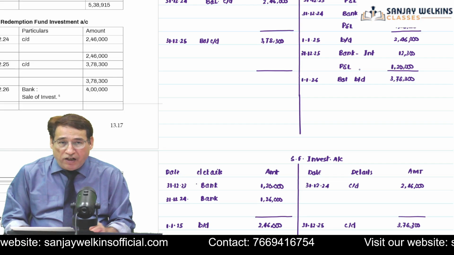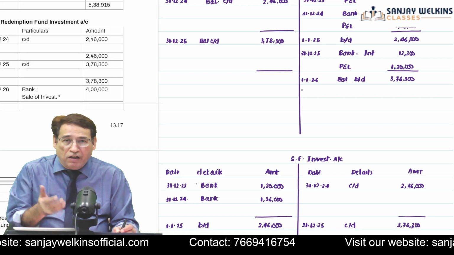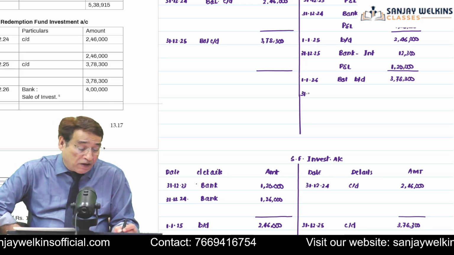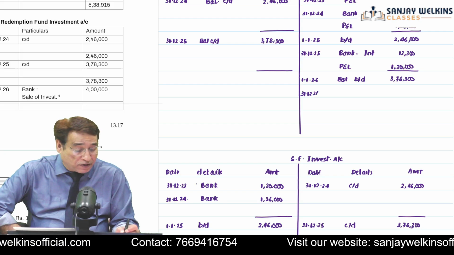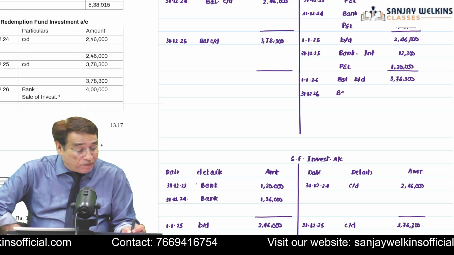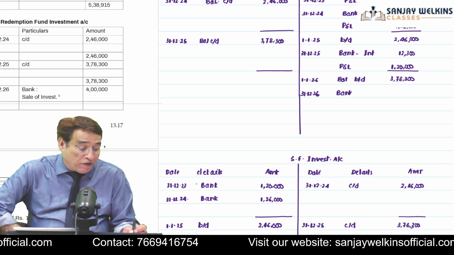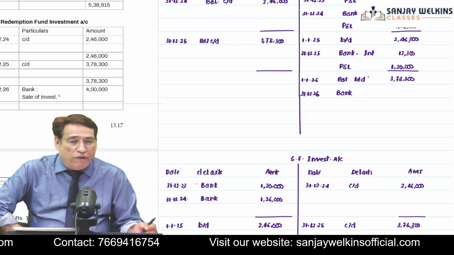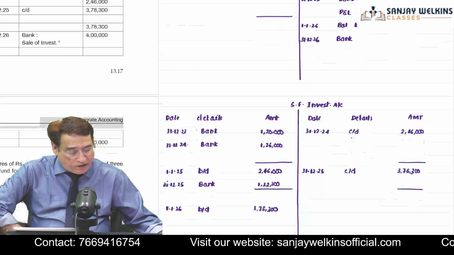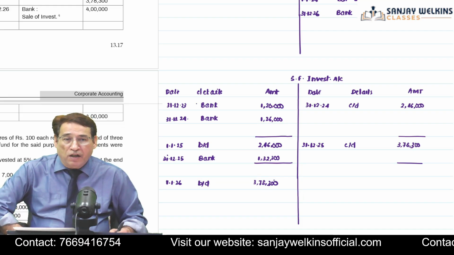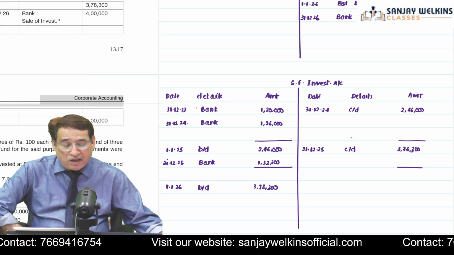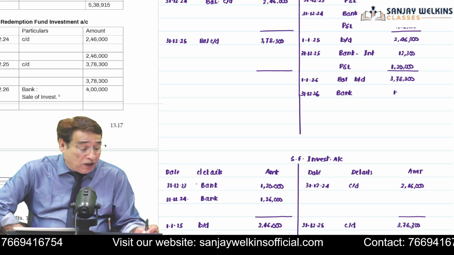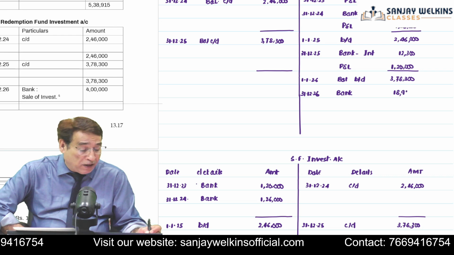Now we are into the final year. As I told you, in the final year, obviously the first thing is that you are going to receive the amount of interest, and you will be writing here 31st of 12/2026. You will write here by bank how much interest we should receive. I have already computed 18,915, but as I told you, when we are preparing the ledger, it becomes pretty easy. Whatever balance brought down is there in the investment account, as you can see, this is 3,78,300. You simply apply the rate of interest to it. 18,915. This will be my interest.